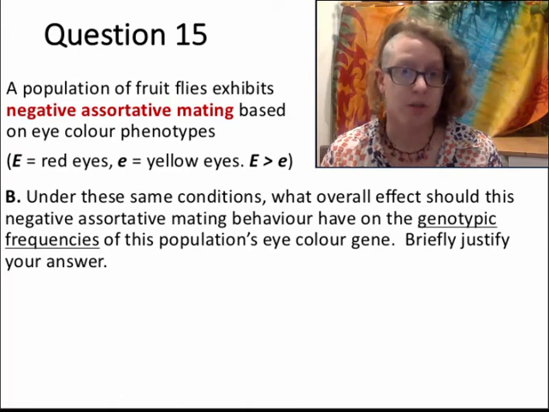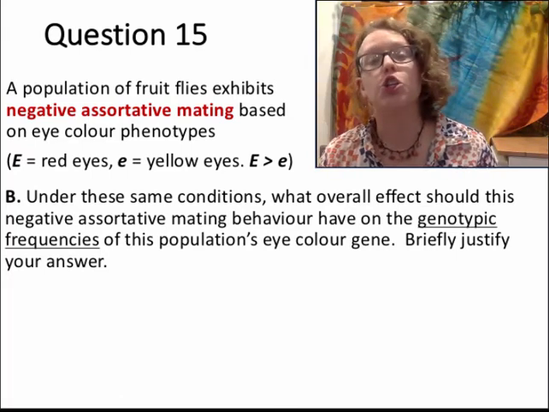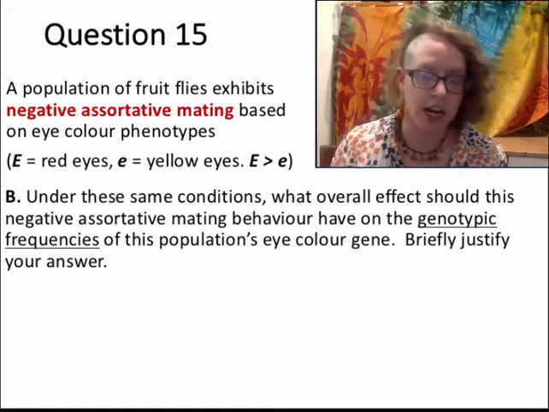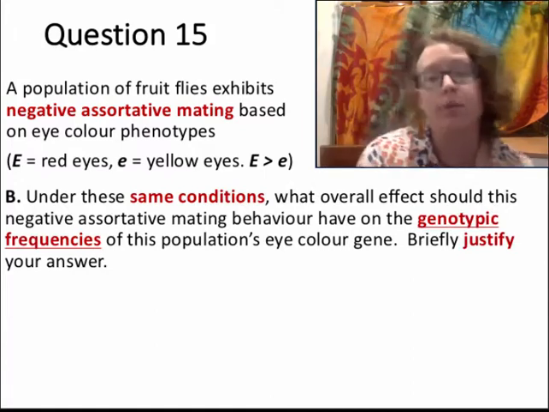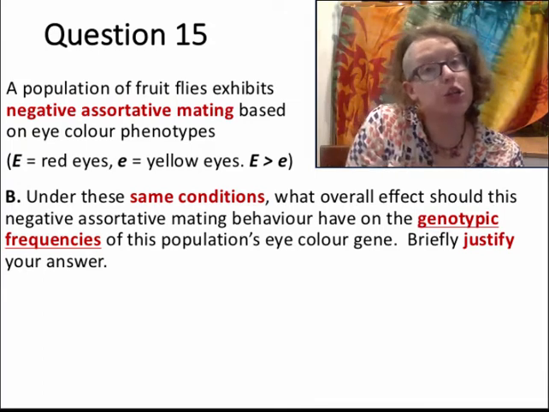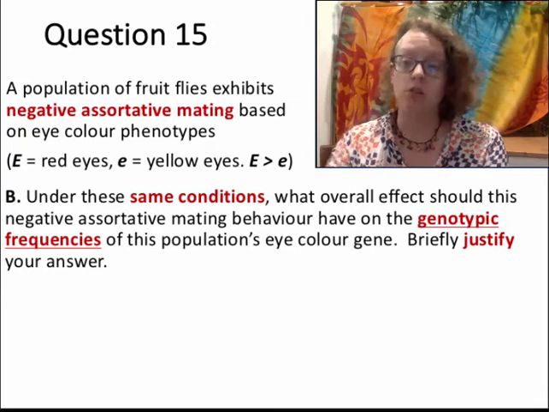Same conditions. What overall effect should the negative assortative mating behavior have on genotypic frequencies of the population's eye color gene? Justify. Okay, so exactly what we're talking about, but instead of allele frequencies, we're talking about genotype frequencies. They still want to justify. So